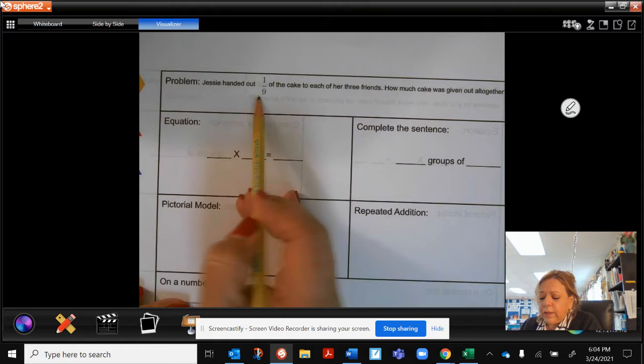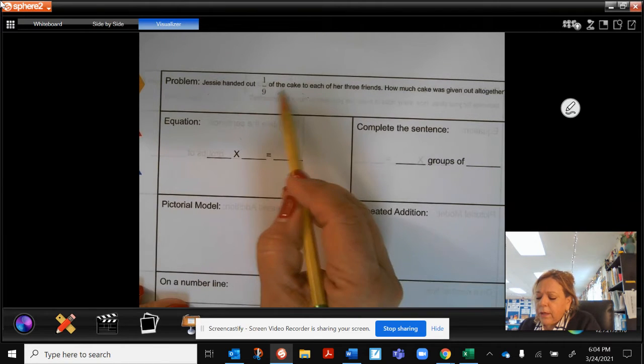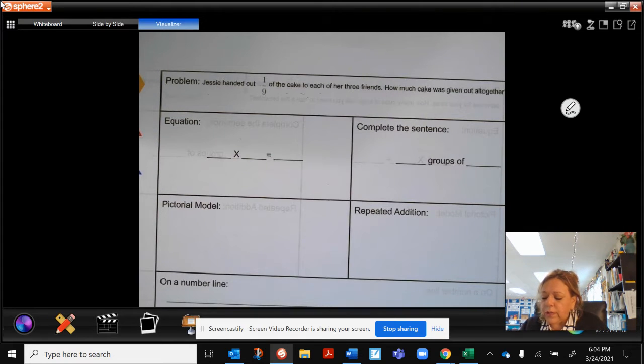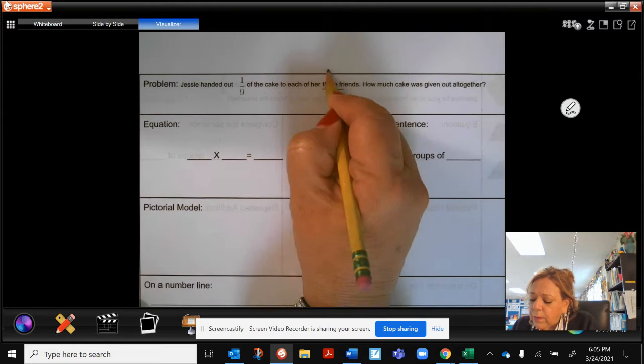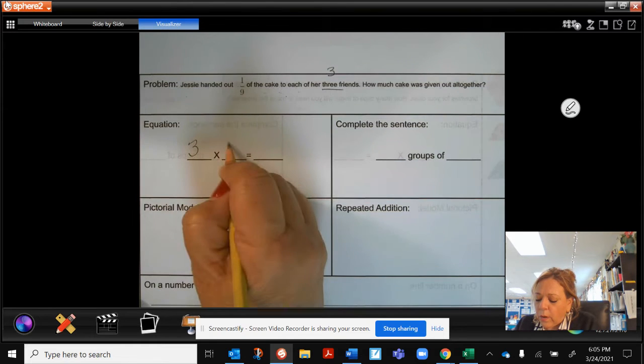Jesse handed out 1/9 of the cake to each of her 3 friends. How much cake was given out altogether? So the equation, I'm looking at 3, so I'll put the number 3 above. So now I have that I'm going to have 3 groups of 1/9